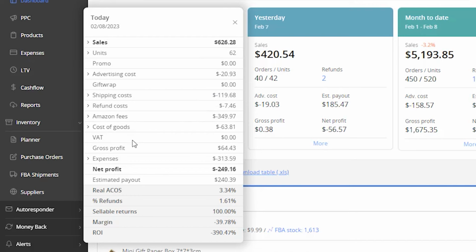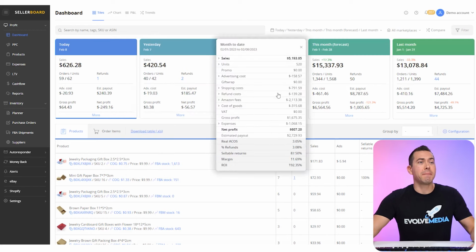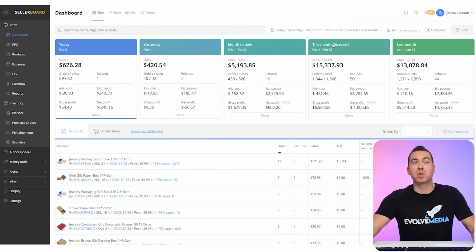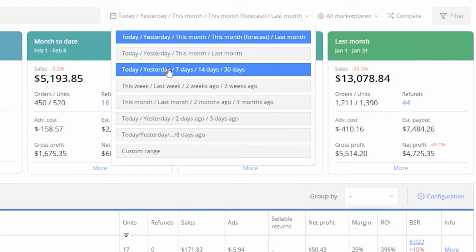You can see sales and net profit right here, negative $249. So you can literally click on more for all these different time periods and see a quick and easy P&L into month to date or this month or last month and things like that. You can also right here change what these tiles are showing. So you can click here and you can have it say today, yesterday, 7 days, 14 days, 30 days. If you want to get more of a granular look on a shorter time period, you can change the different